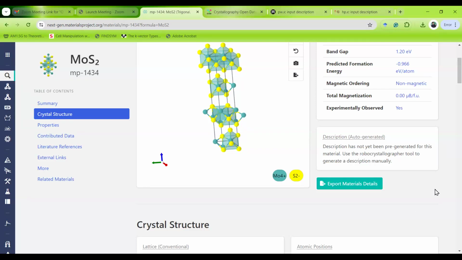Yes, you can calculate up to the band structure or density of states for your doped system. Sir, can you please show us how to add a dopant atom and do the analysis in short? Simply, for example,